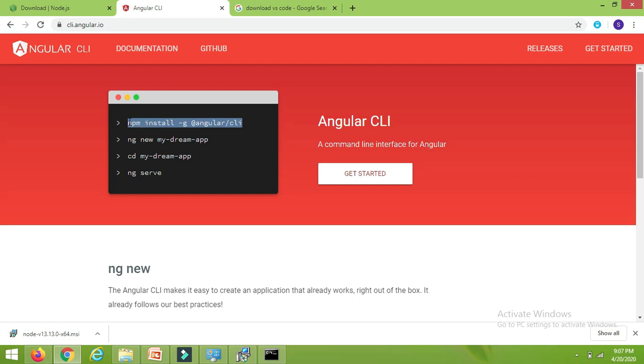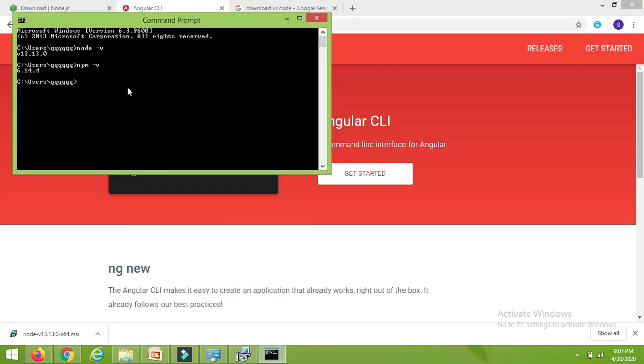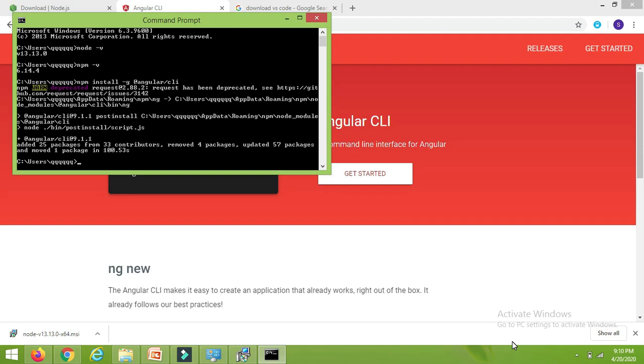So let's copy this command and paste it here. Enter. It will install the Angular CLI for us. It will take some time because we are doing it for the first time. If you get this type of output, that means we have successfully installed the Angular CLI as well.